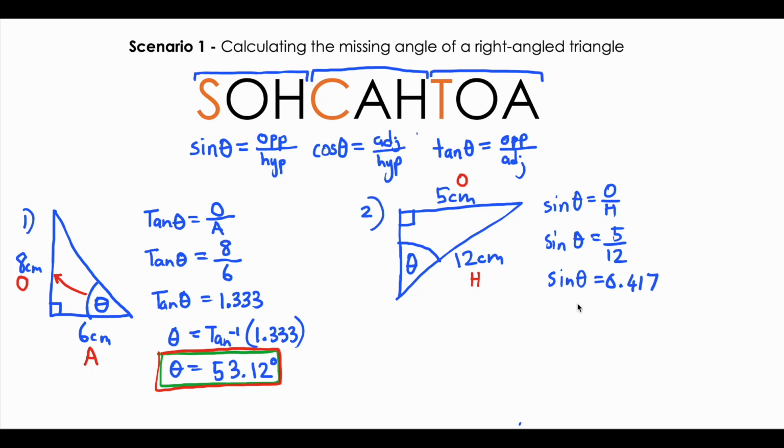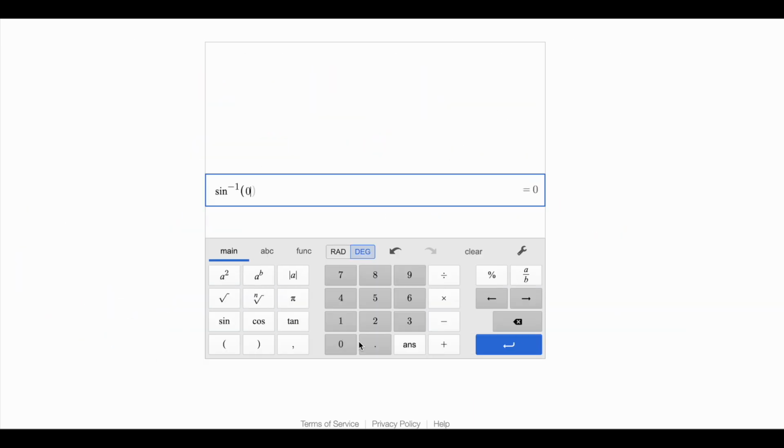So now I'm trying to calculate the angle, so I have to do the inverse sine of 0.417, and this is where you need to be careful, because sometimes when you're using a calculator you might mistakenly press cosine or tan instead of sine, so you just got to make sure that you press the correct one, right? So sine inverse 0.417, we get 24.64,